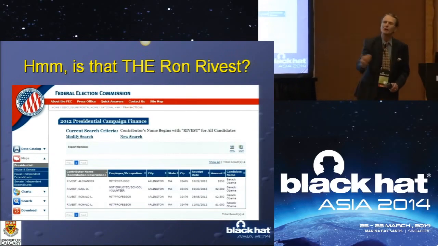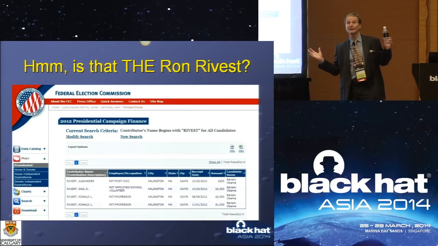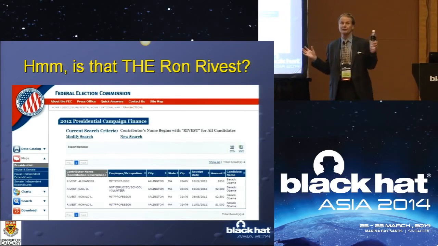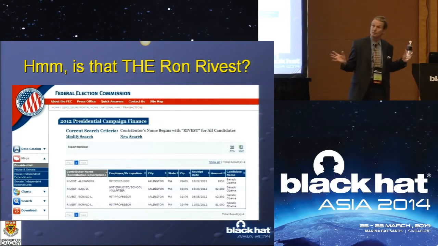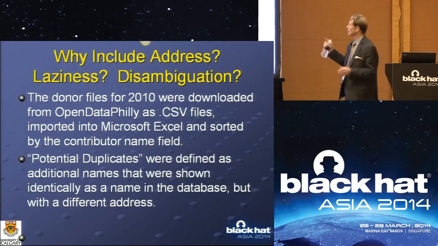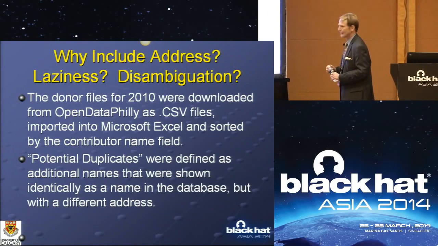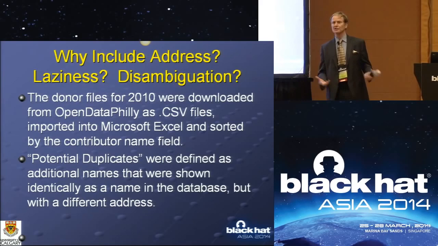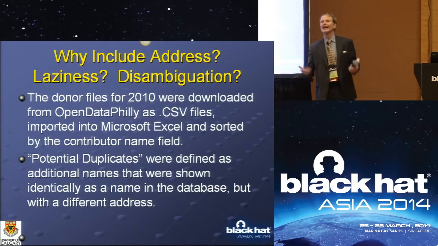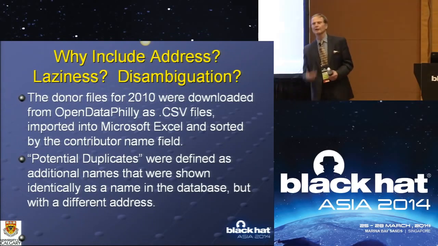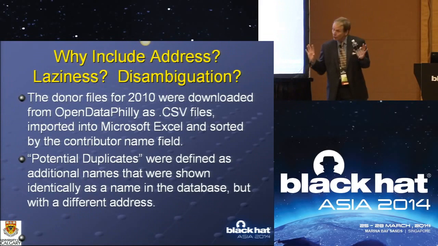So as you start putting all these databases, which are all public, together, you get a pretty good picture of Ronald Rivest and his family, totally without his permission. When I dug a little deeper into this, I got them as comma-separated files, and I wanted to know, do they really need my address? Well, one answer is simple. The law says you have to provide your name, occupation, and address. Okay, so Joe Smith, carpenter, and here's an address. It doesn't say your home address.